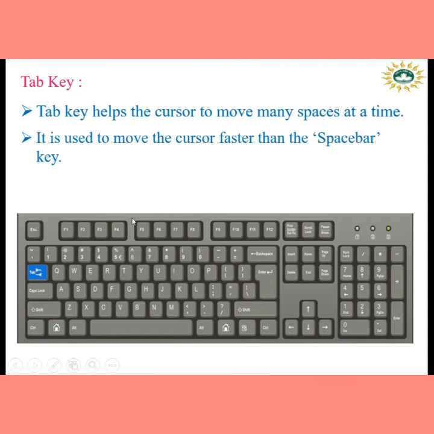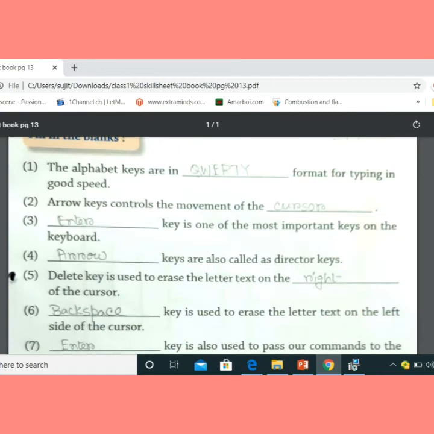Okay, so with the tab key, all the special keys are finished. The tab key is the last special key that I have discussed. So with this key, all the discussion of keys in this chapter is finished. Okay. So children, now you have to read about all these keys from your computer book, and then solve this skill sheet book task.